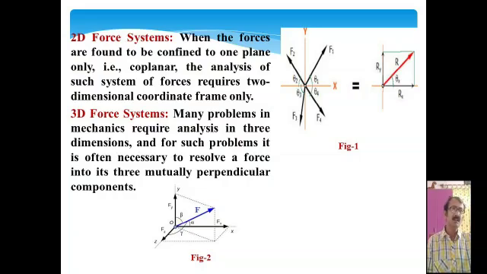In figure 1, it is clear that there are forces F1, F2, F3 and F4. These are two-dimensional forces plotted on the X and Y coordinates. And R, in the next diagram, is the resultant of all the four forces, and Rx and Ry are the two components of R.